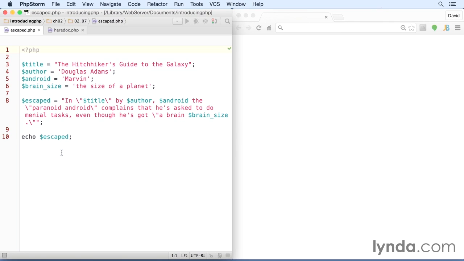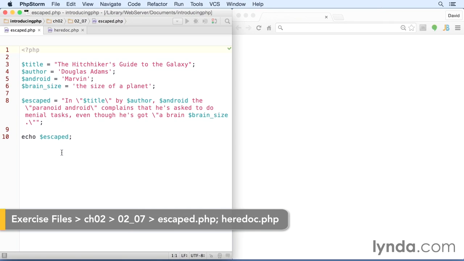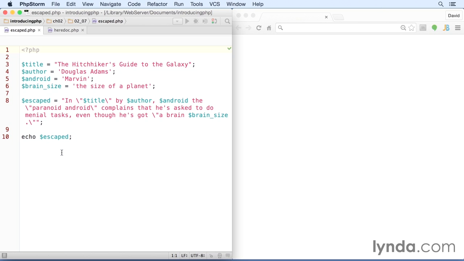Sometimes you need to construct a string that contains a lot of quotation marks, for example when building an SQL query to submit to a database. The need to escape nested quotes means the string can quickly become messy, hard to read, and equally hard to maintain. I've got an example here in this file, escape.php, which you can find in the chapter 2, 02_07 folder